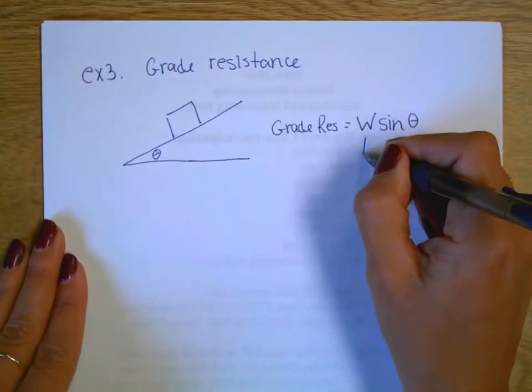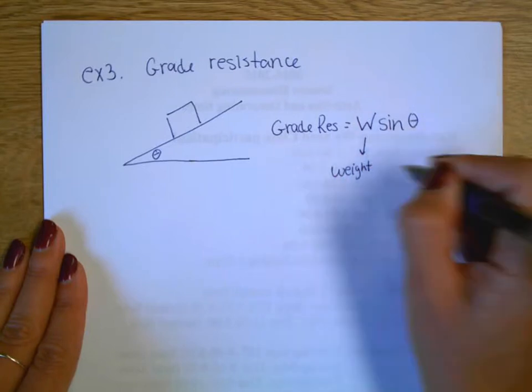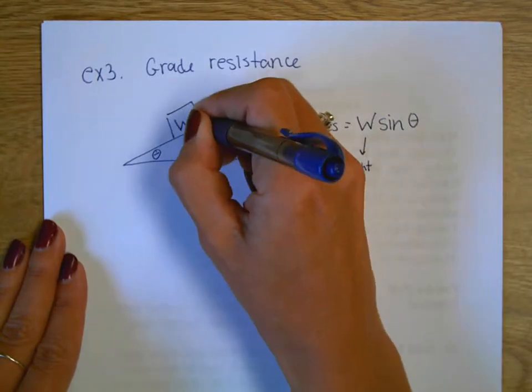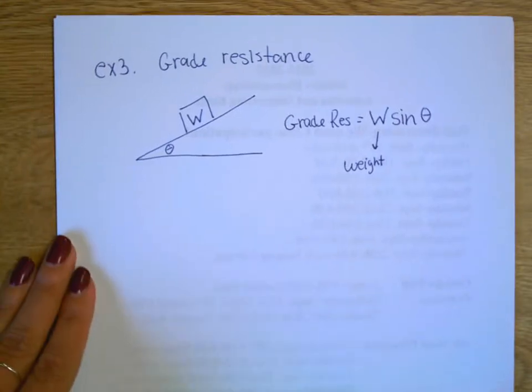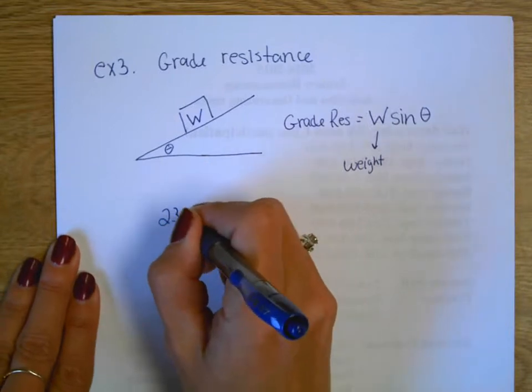So W is the weight of the object, and theta is the angle on the hill. Everyone else is hearing that, right? Yeah. So, our example here, if I had a 2,300 pound car,